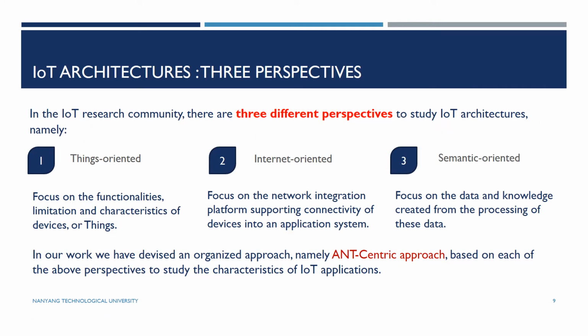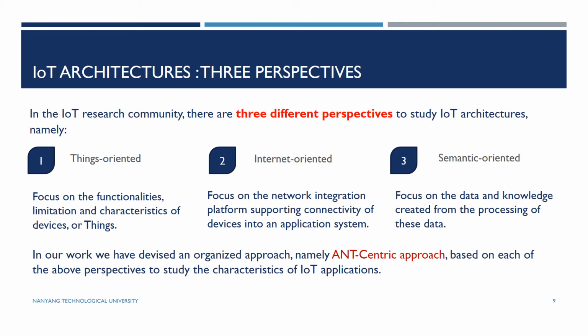Now, to address all this, we have gone through a very difficult process of finding a correct design architecture for IoT systems that would allow us to address security in a more systematic and holistic manner. Because of that, we also explored the different architectural regimes for IoT systems. So we started looking at IoT architectures, and in the research community on IoT systems, there are basically three different perspectives,